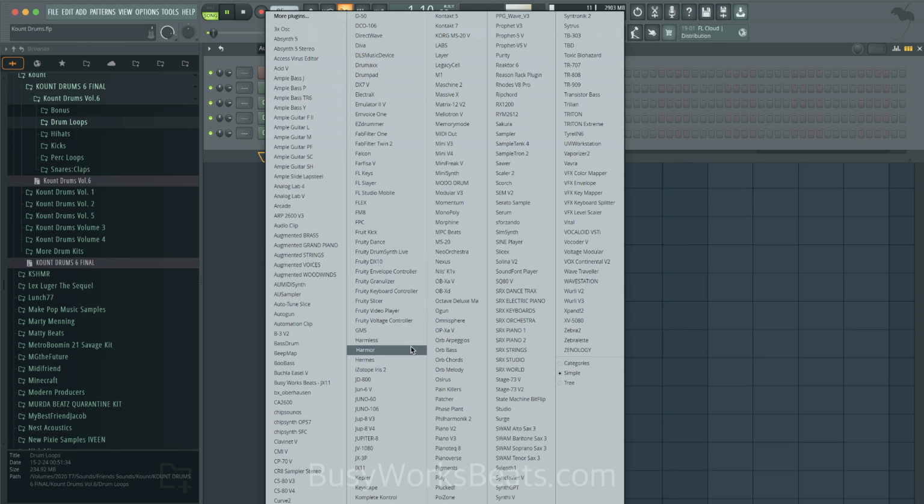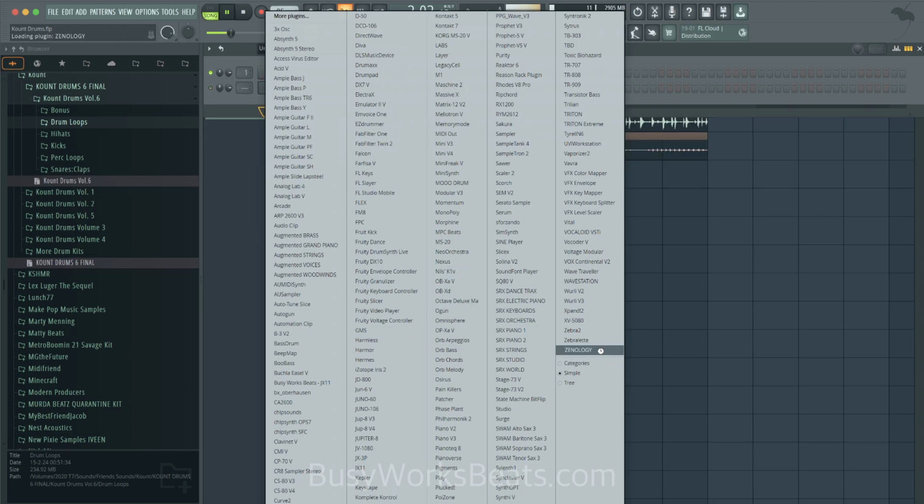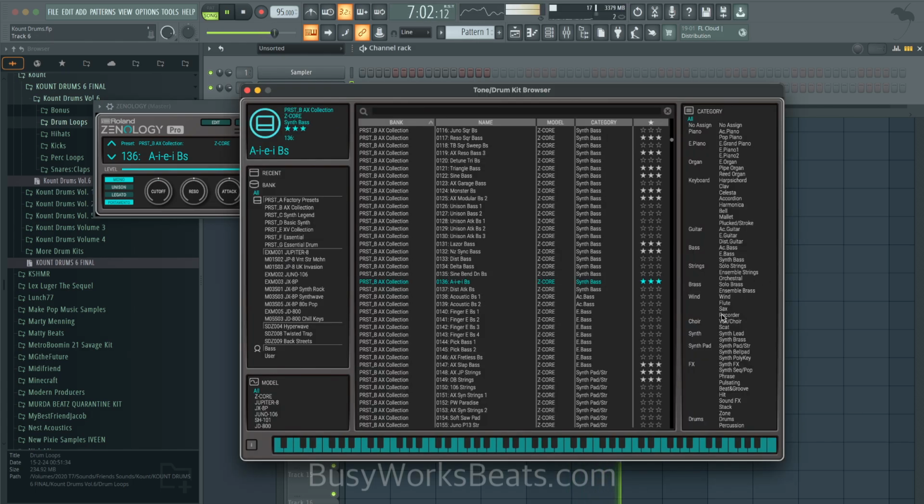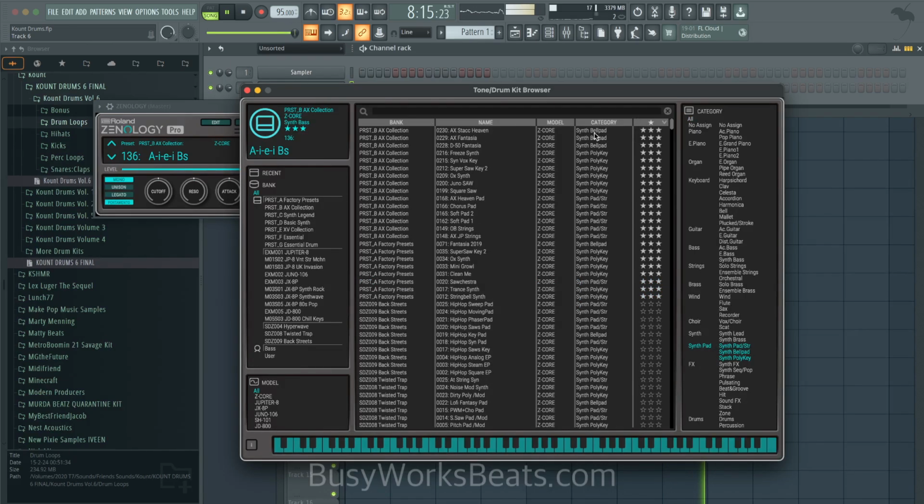I feel like we need some kind of pad, maybe let's do Xenology, because whenever I can't figure out a sound, I'll go with my run-of-the-mill keyboard type sounds. And then you could experiment from there. So I should have these mapped out. Let's do synth pad. Let's try some chords here. Let's do E minor. Let's go down an octave.